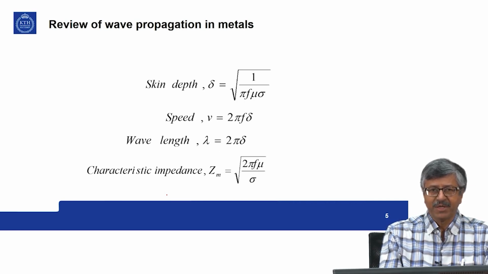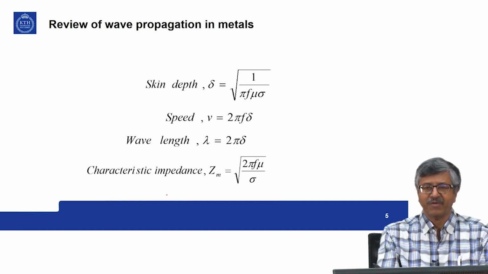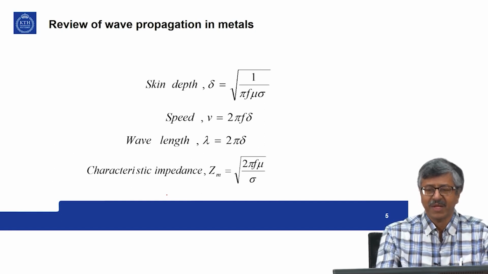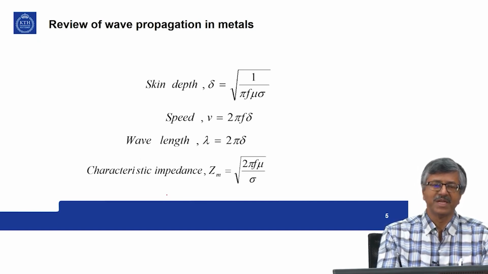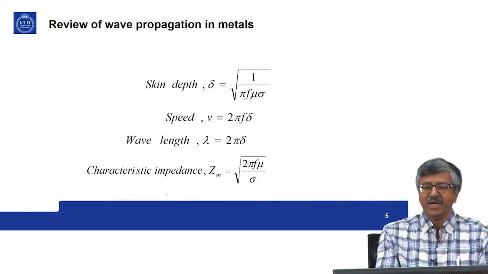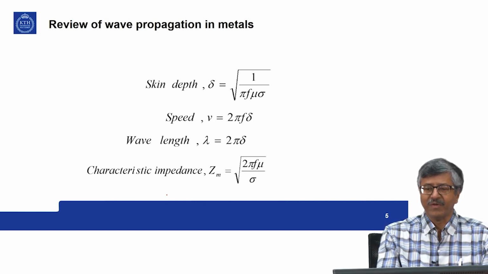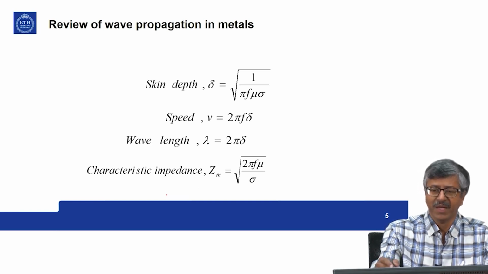So, we have seen in chapter 2 wave propagation in metals, and we have introduced several concepts, and those concepts will be used here. So, for easiness of reference, I have reproduced some of the important formulas. One is skin depth. It is square root of 1 by pi f mu sigma. So, skin depth is inversely proportional to the root of frequency, inversely proportional to the root of material parameters like mu and conductivity. Mu is permeability, magnetic permeability, and